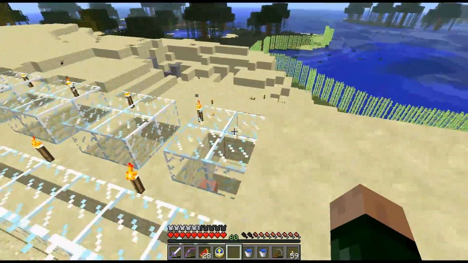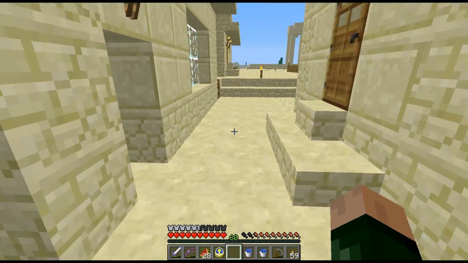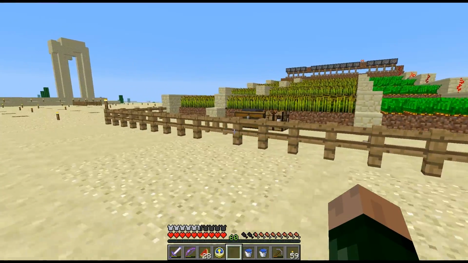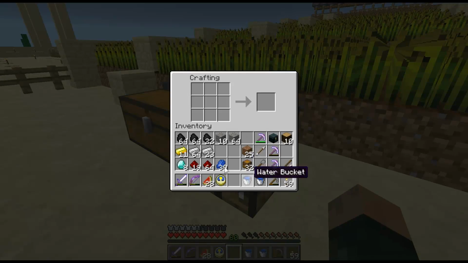Because I've heard that if you build one with iron and pumpkin, it doesn't function the same as if it was spawned in naturally. So yeah, let's get some. Oops. If we can get inside this gate, let's get some